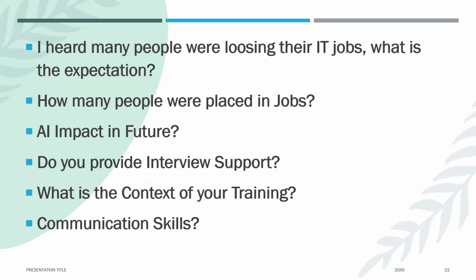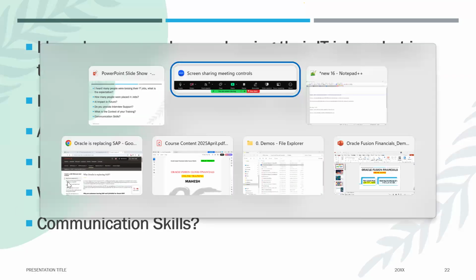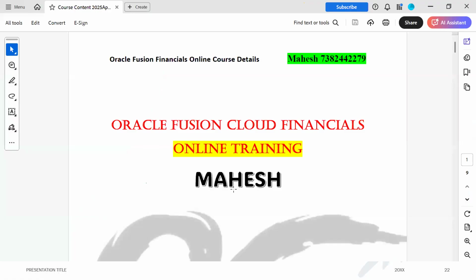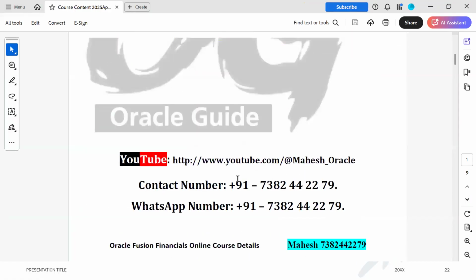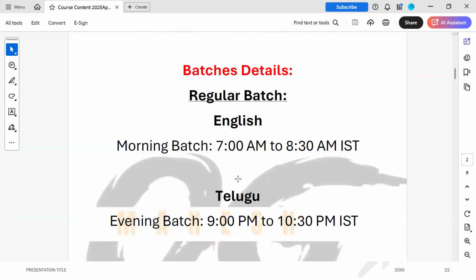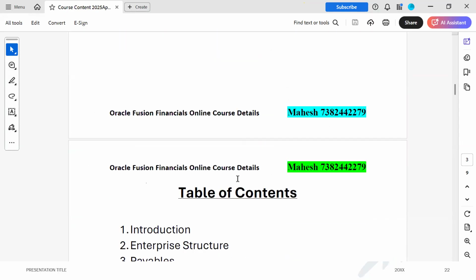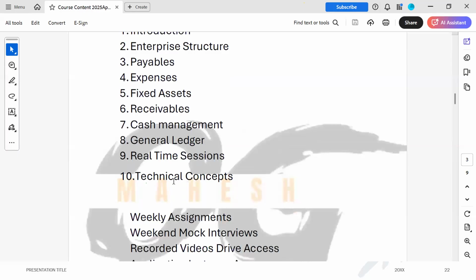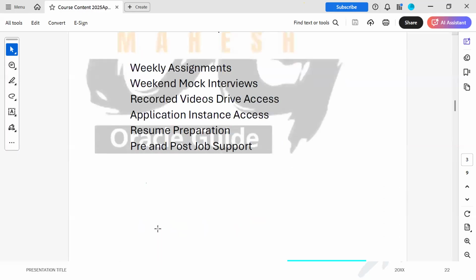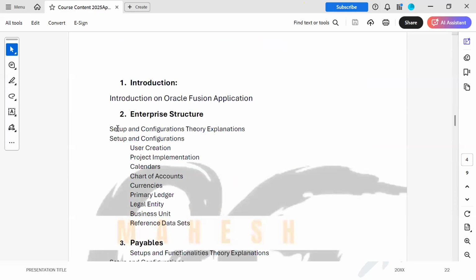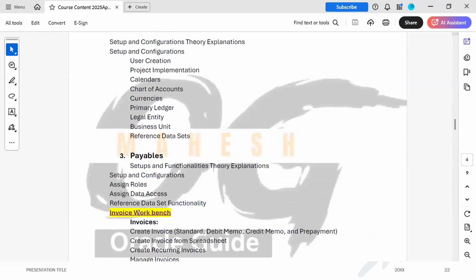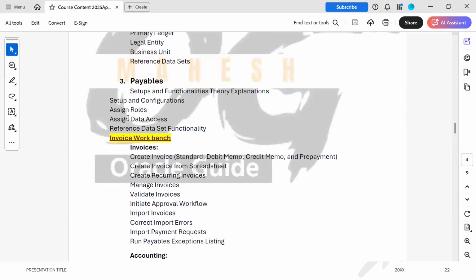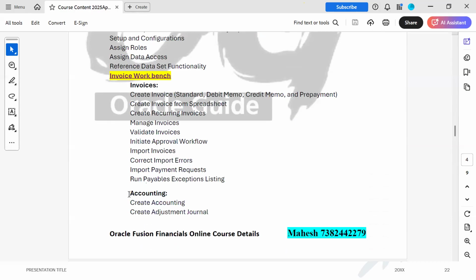Okay, coming to the context, I will share this context with you as well. Just ping me on WhatsApp and I will share it. This is the context we are going to cover. Here is the module list, what modules and what concepts we are going to cover. Everything will be listed out. Context means the setups and functionalities for each module. For invoice workbench level, AP level, what setups are needed and what invoice-level functionalities are needed,